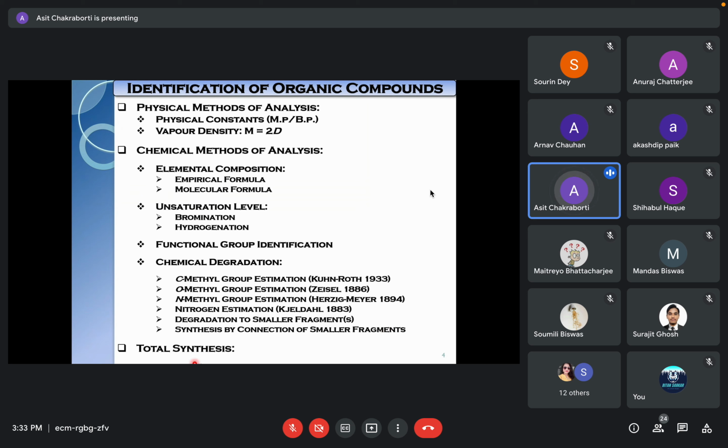So once you have the total synthesis, then you have all this degradation method or the physical methods of information. Now you have the compound you have synthesized, and you see whether the synthetic compound, if the compound is already available from natural sources, is matching or not. So I have told you mixed melting point. There is another very authentic, but very trivial or very simple way to make a decision whether two compounds are identical or not.